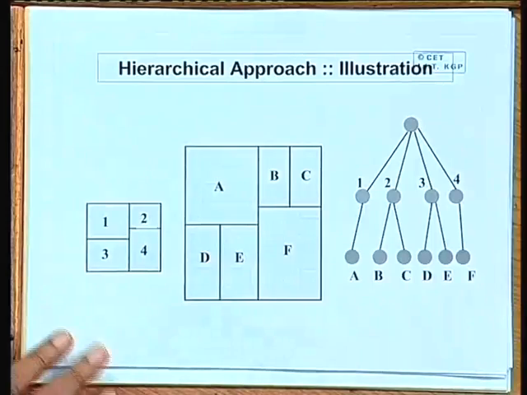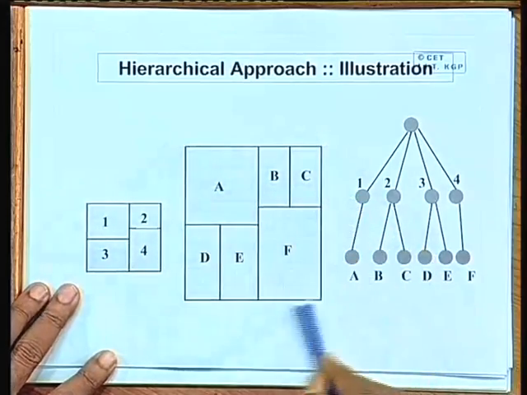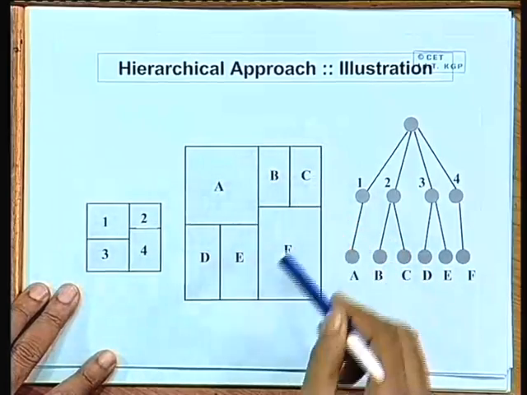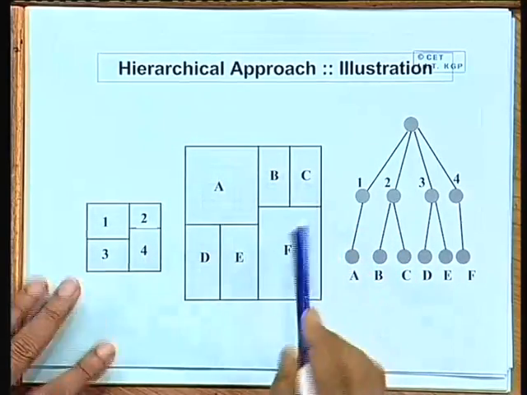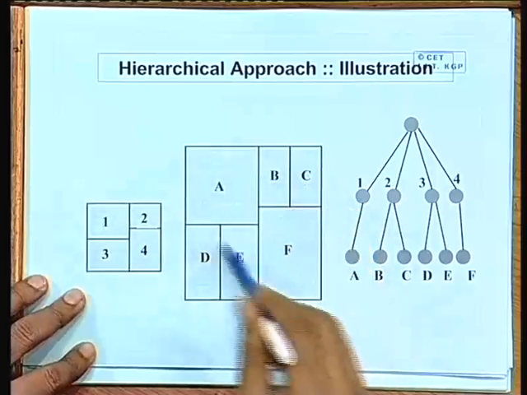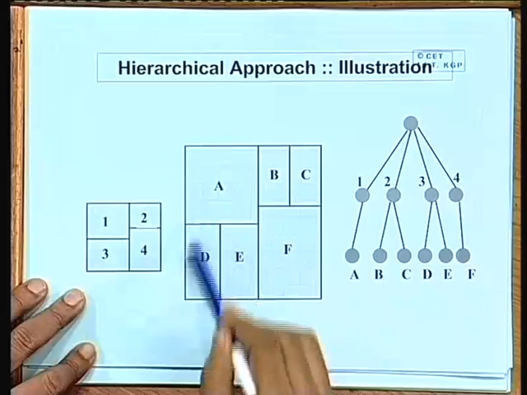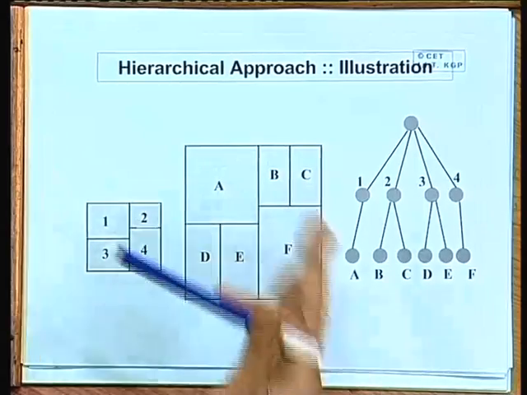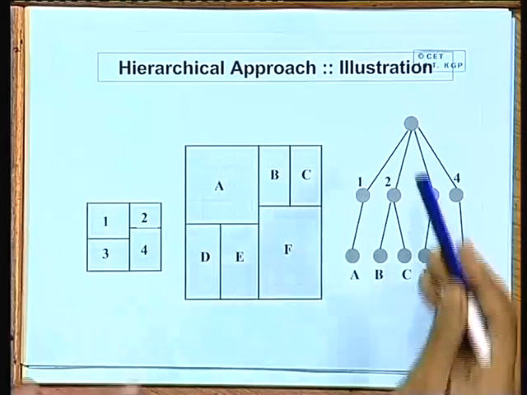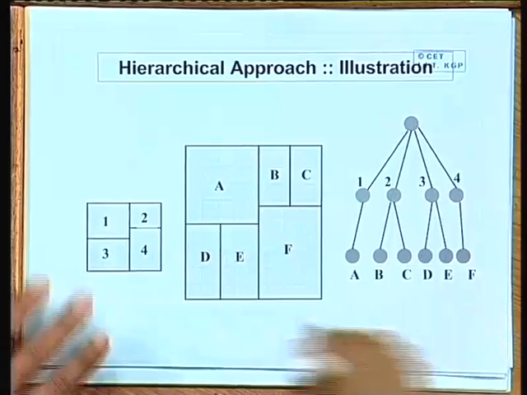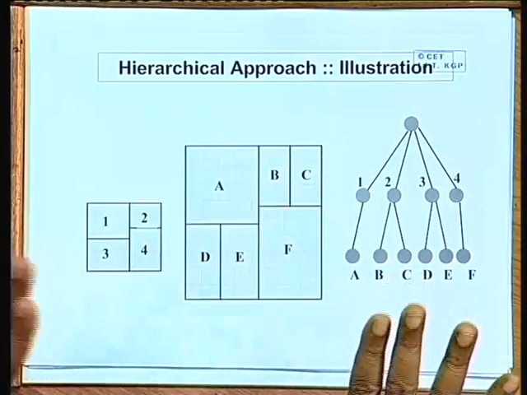Just an illustration. Suppose this is a routing problem where A, B, C, D, E, F, G may be the routing regions and the relationship between them. So you can globally divide it up into this: A is 1, B, C is 2, D, E is 3 and F is 4. In this way you can go on partitioning and create a tree. I am not going into the detail of how you do this partition, but I am just trying to tell you that a big routing problem you can divide up into smaller subproblems.